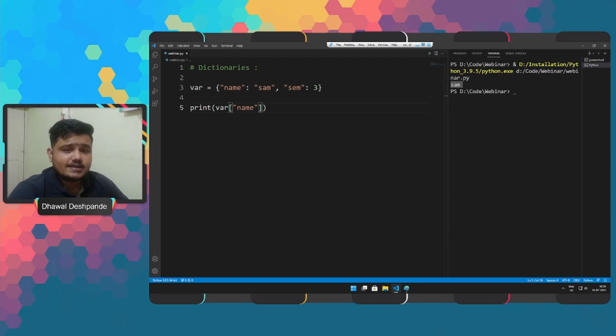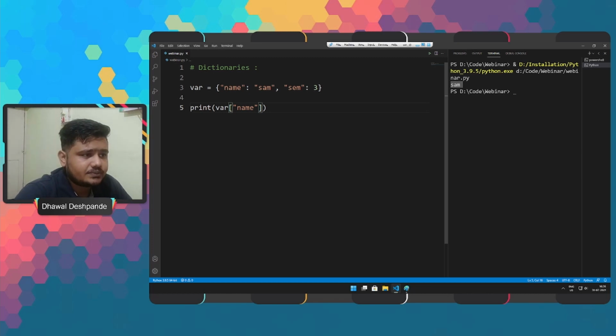Similar to the list, dictionary is also changeable, right? We can make changes once the dictionary has been made. The second very important thing is that in dictionary duplicates are not allowed, right? So we cannot provide duplicate data.